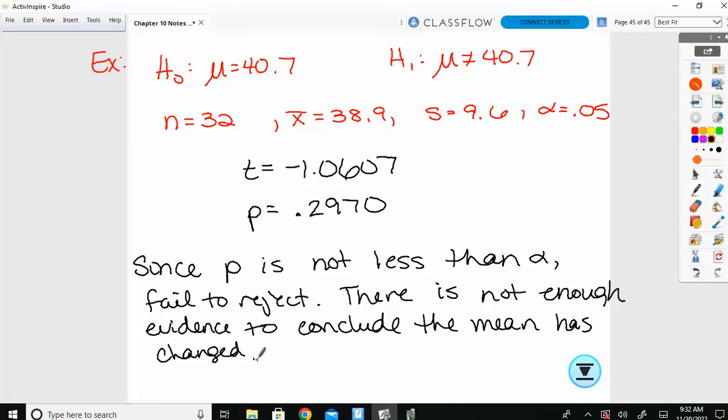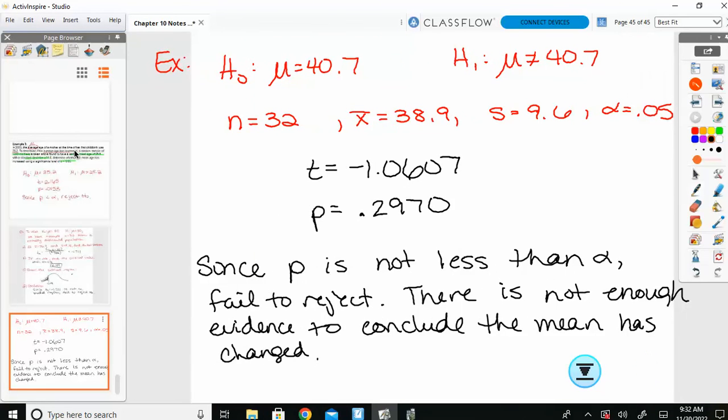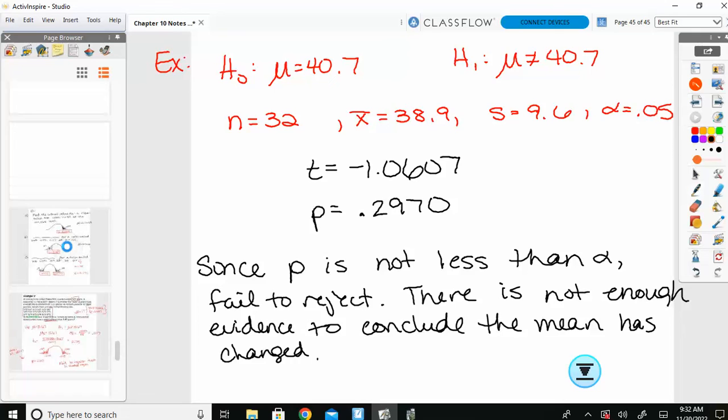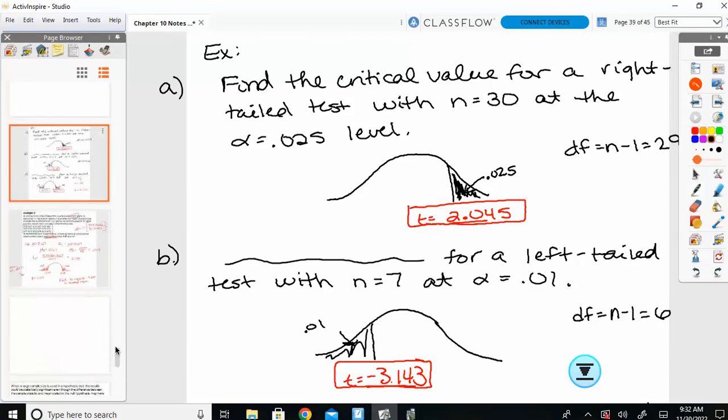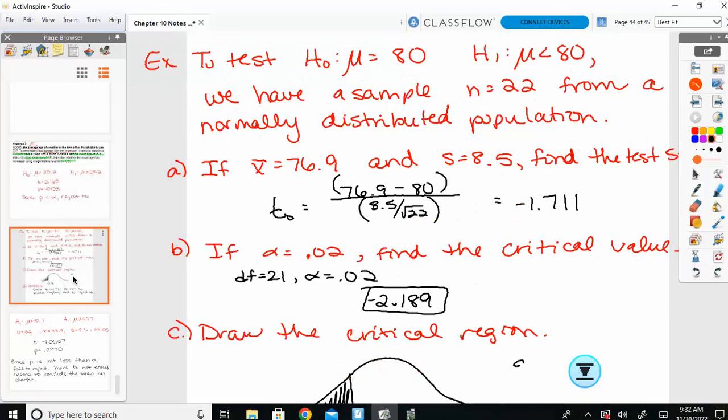I know that I took a lot of time today going through this, so we are going to have a work day tomorrow as well for this 10.3. If you look at your homework packet, they're kind of stepped out like we did. The very first question is just practice finding that critical value, which is the example that I started class with today, just reviewing how to read that t-distribution table. 14, 15, 16, those are the ones where you're working out your t statistics by hand, like the ABCD I did. And after that, they're pretty much all calculator questions, so you can do them all with a calculator. Okay, and you have time